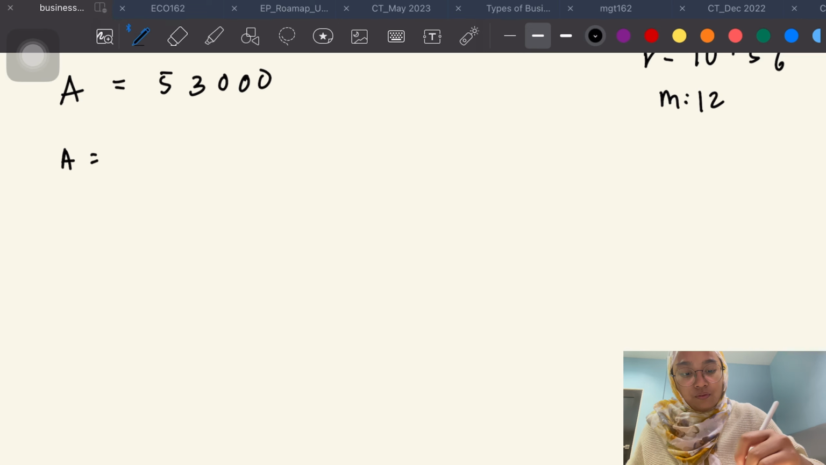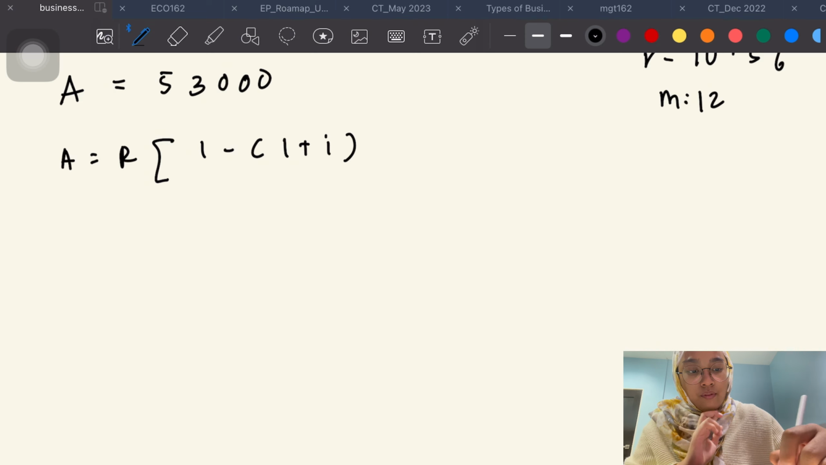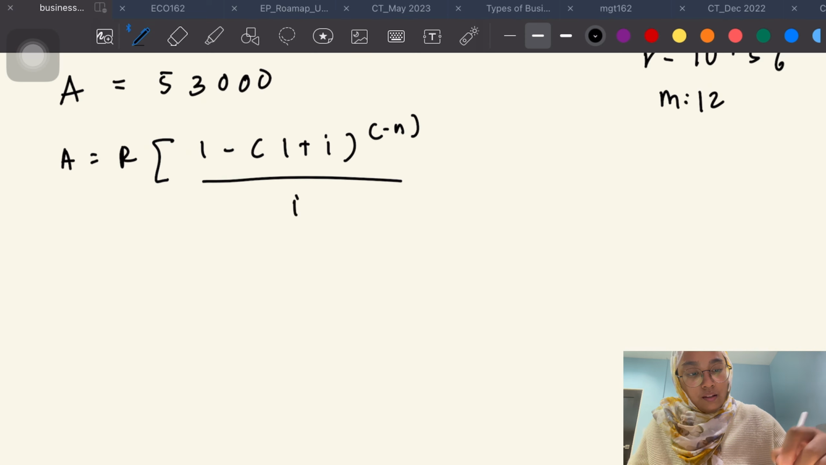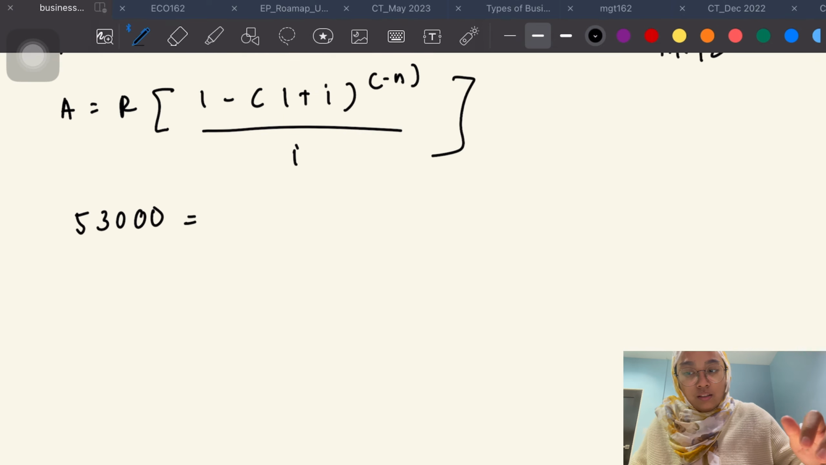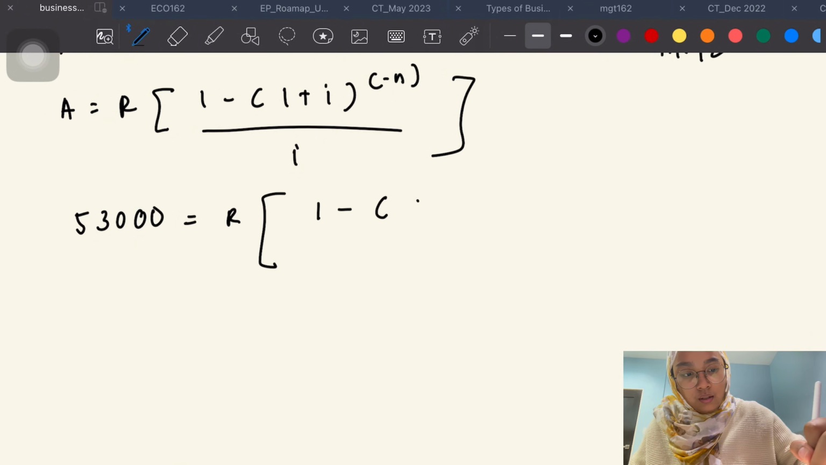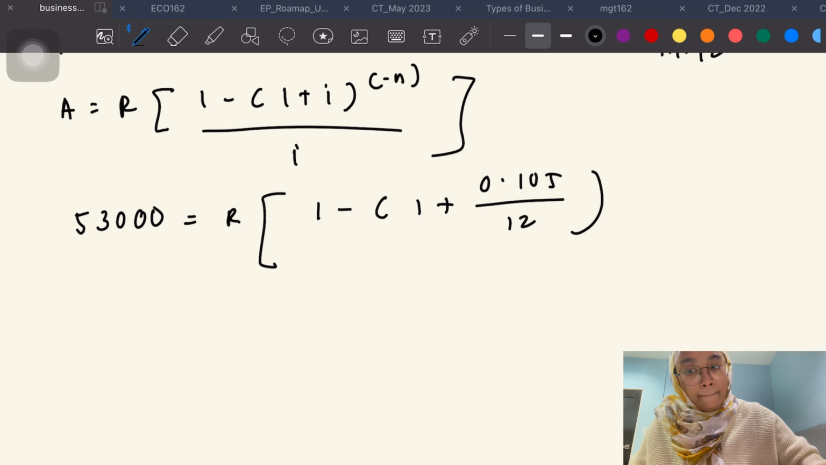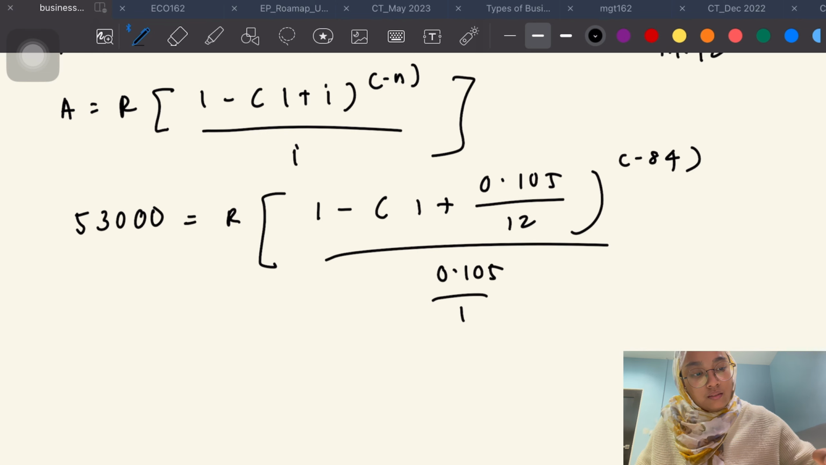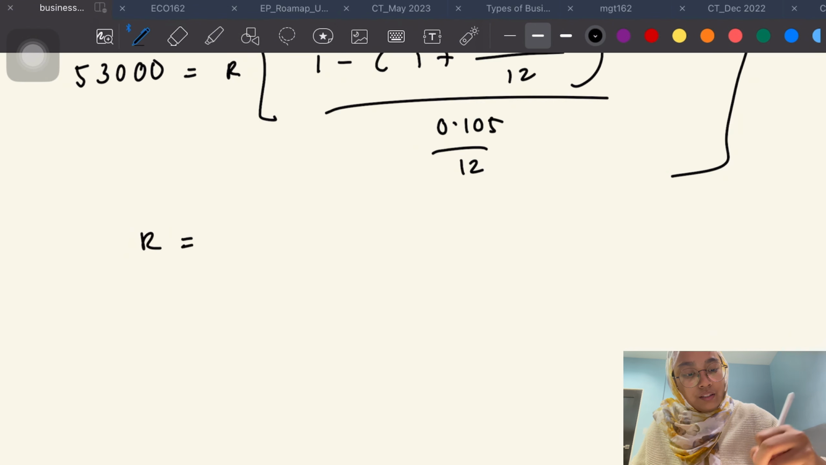We're going to use the formula A equals R, 1 minus 1 plus i power of negative n, over i. You have to fill the formula with the numbers. So 1 plus i is 1.05. Don't forget to convert it. And n is empty. Okay, done. And after you calculate this, you will get R equals RM